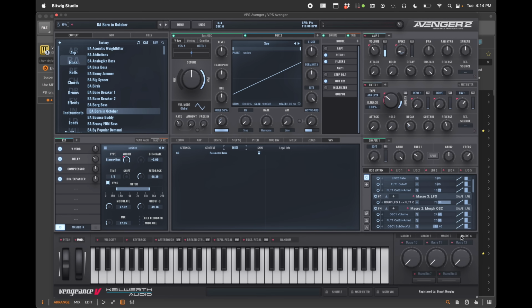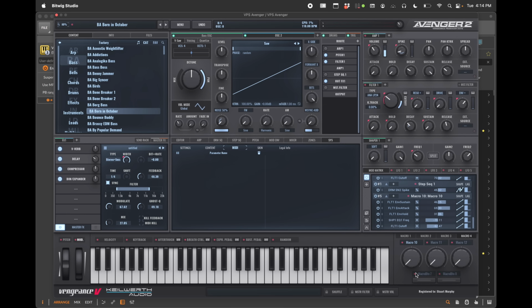You can pretty much create any sort of scenario that you want. And again, all you're going to have to do is, let's say, drag it to multiple different areas right here. And you can see down here in the matrix, it's just stacking up our different automations. And with this one knob, we are going to be able to turn all the other knobs exactly how we want. We can even turn them in the opposite direction by going negative. And now we're starting to see just how complex we can get inside of Avenger to pretty much build and